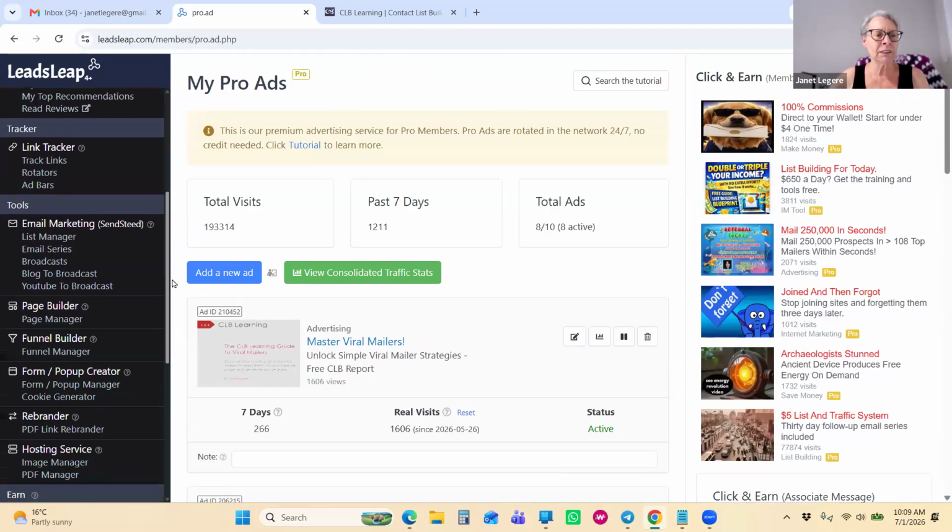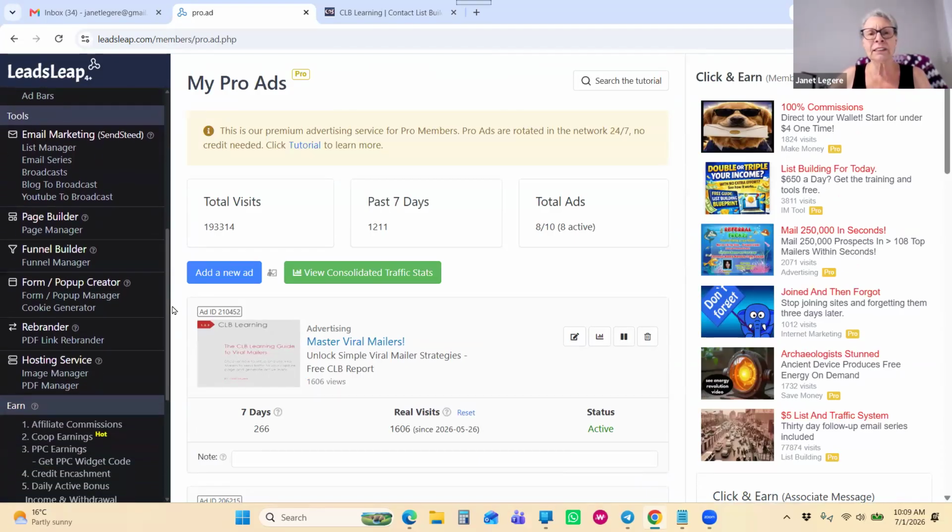So let's get back to our CLB setup. So we have two areas down here. You'll see on the left-hand side, these are the two areas you're going to spend most of your time in. We have our list manager and our page manager. I'm going to start with the landing page, and it's a little backwards in the back office. I will change that at some point, because the more of these I set up, the more I'm finding that the steps you take matter. If you start in a certain way, it saves time. So we're going to start with creating a